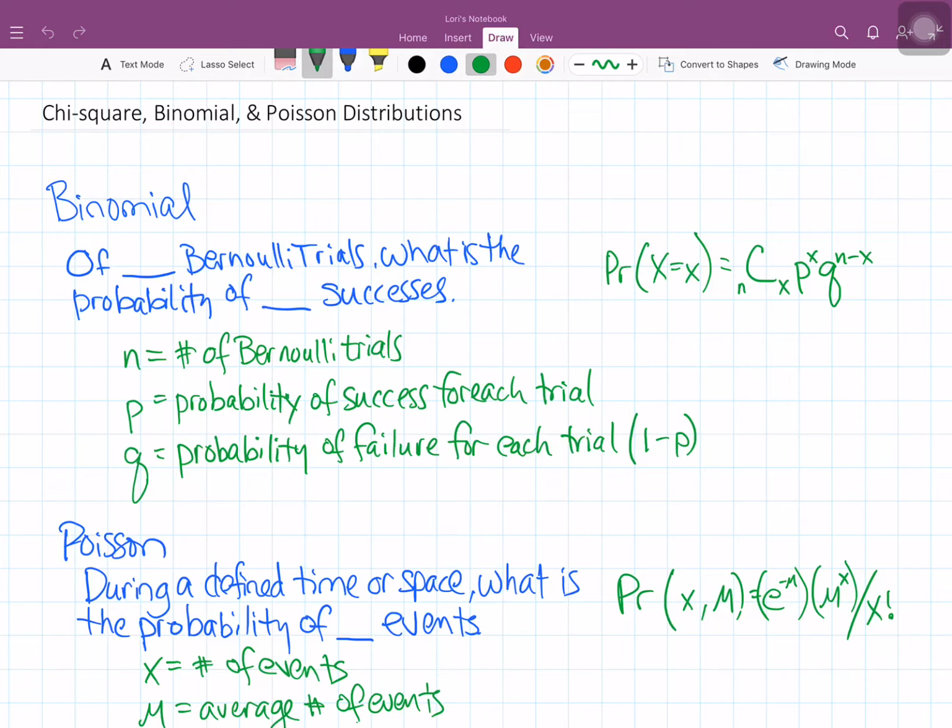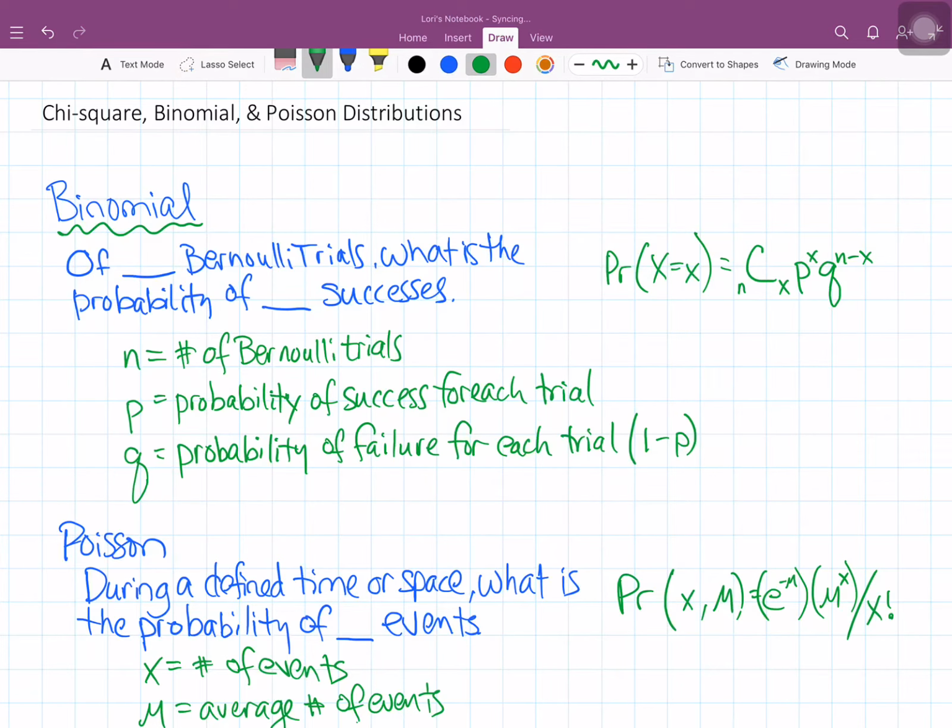So let's think about the binomial distribution. You have an entire chapter in your book on this. Unfortunately, in typical public health published literature, we don't use binomial very much, but it's good to have heard about it and to understand it. So here's my short abbreviated version of the binomial distribution.